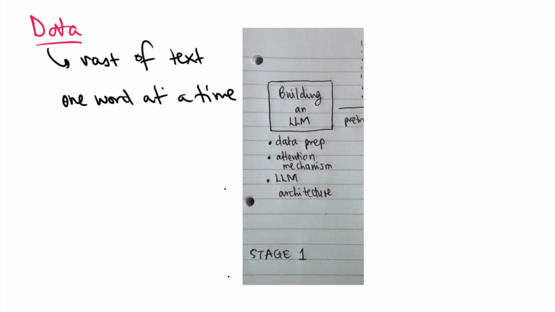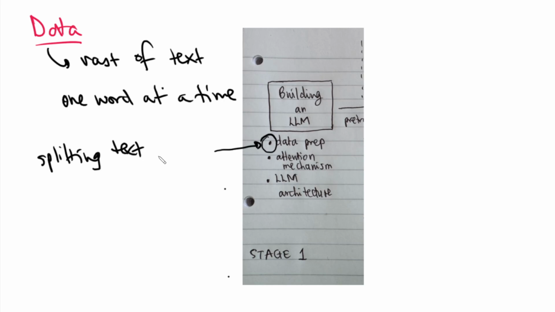We said that we are going to be focusing on this stage one, and we know that in stage one we divided into data prep, attention mechanism, and LLM architecture. We're going to be focusing on this part for now. How do we prepare our data for training these large language models? And that part involves